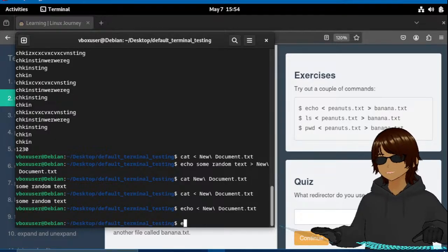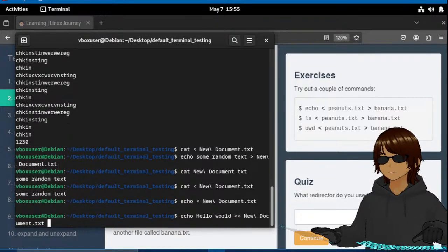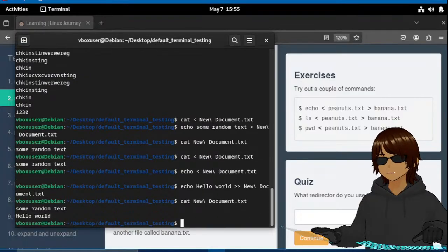Okay, so echo hello world appended to new document.txt. Now if I concatenate new document.txt, alright, now what I want to do, so I will create a file called